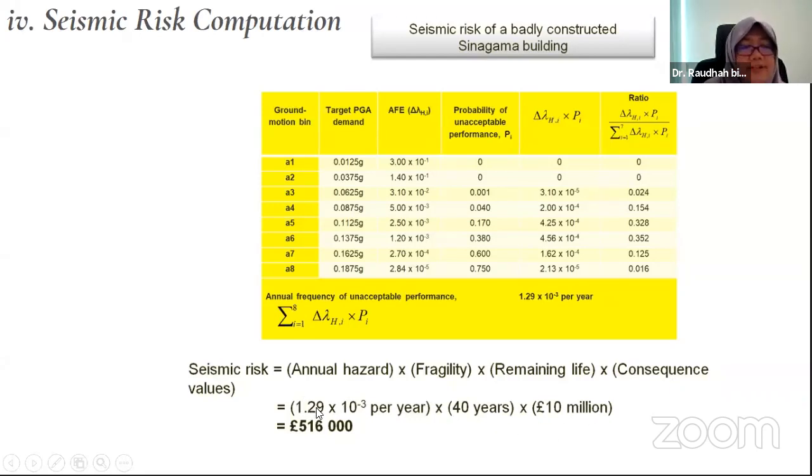So this 1.29 × 10^-3 per year is the annual frequency of unacceptable performance. That's a specific formula for you to use, and you can look further into this equation if you want to know more. In this case, as an estimation, £500,000 is the risk of the building, if, let's say, the structure of the building collapses, because that was the prediction, the weakest point. The rest all have high